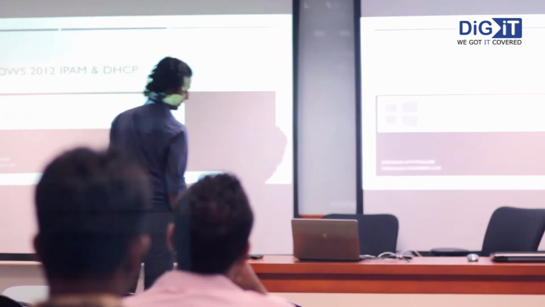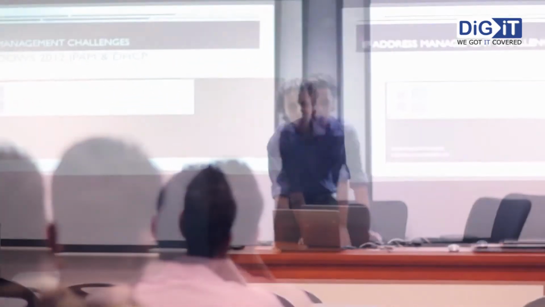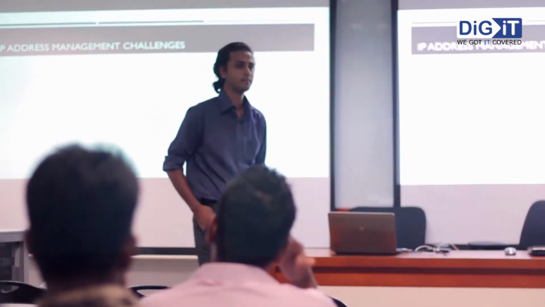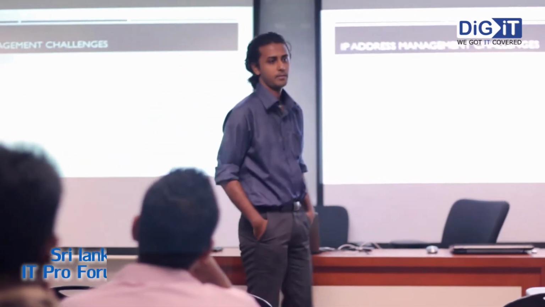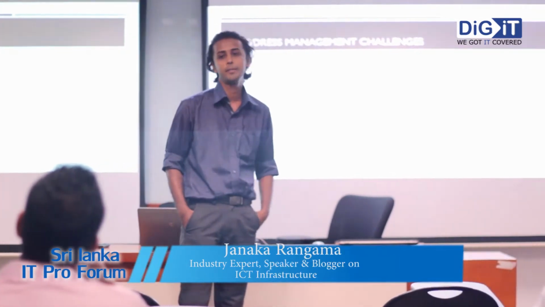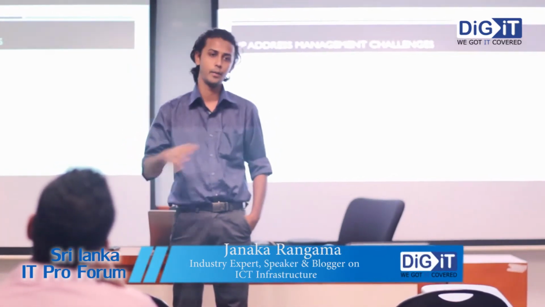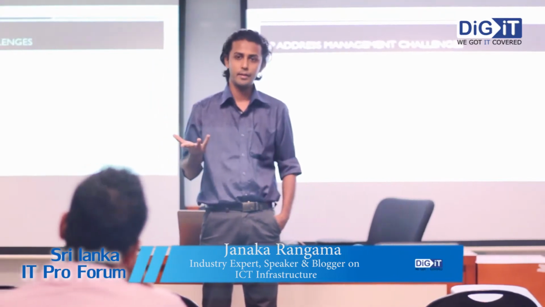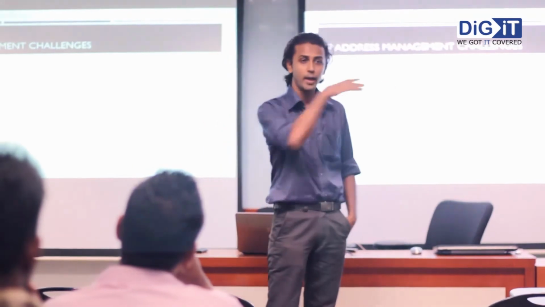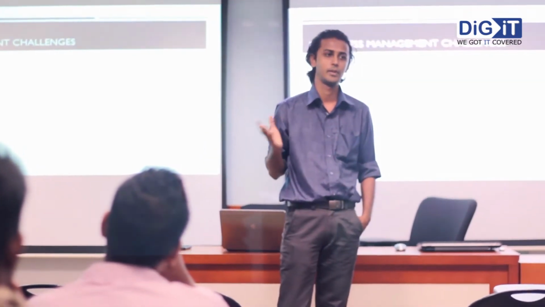All of you are using DHCP server, isn't it? What are the challenges you are facing when you are doing the maintenance of the DHCP server? Are you going to track your details? Sometimes in the case of auditing, they may request who used a particular IP, say 191.6.1.15, at this date. How can you find that? Is there any way?